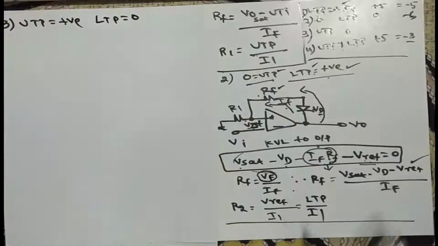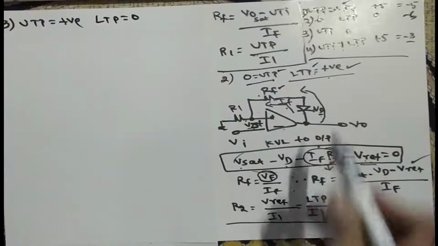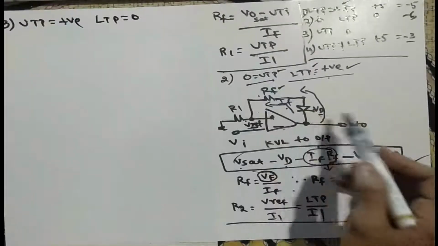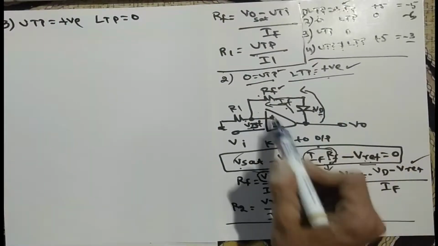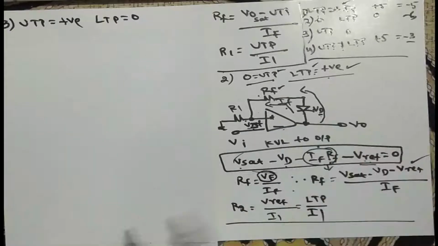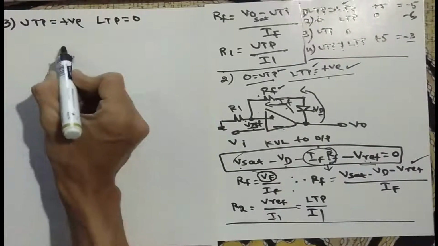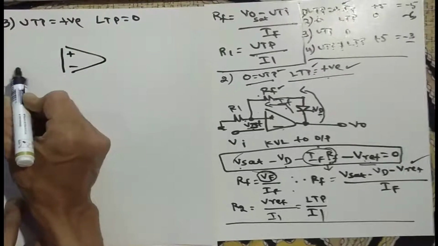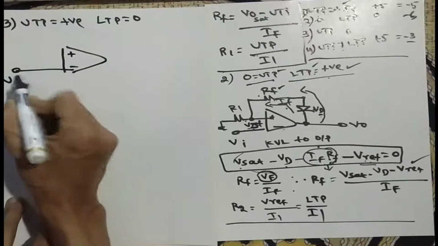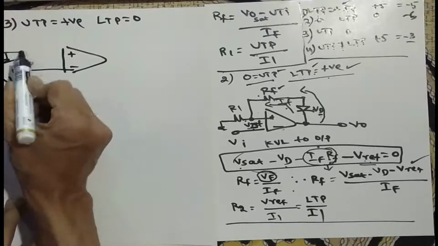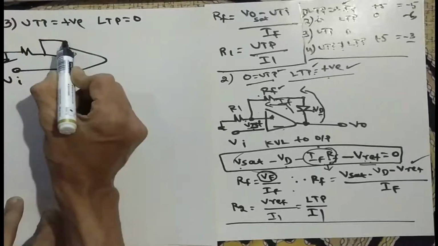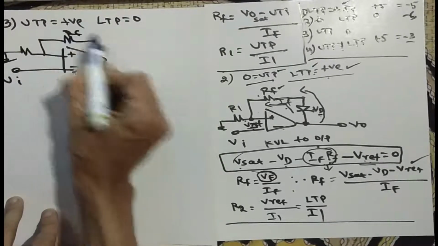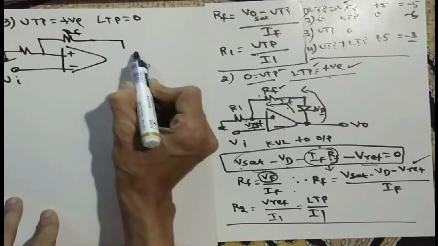So you people are able to do the circuit. I think the only change is that in the LTP we took a reverse bias, so for the diode you have to take forward bias. So how does it look? You have to take the first op-amp, with positive and negative inputs. Negative is connected to Vi and positive is grounded. Then it has R1 and we have RF. Okay, the only change we have is the diode in this direction.